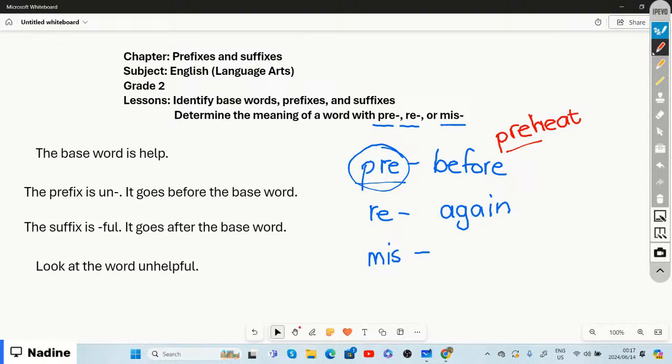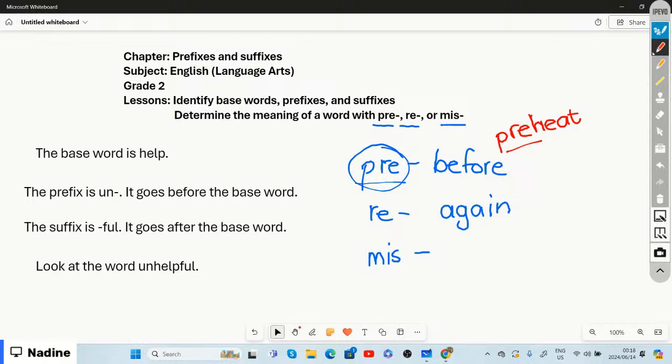Not necessarily that you will eat before you work, but it means that you will heat up something before you either eat it or make it, right? Usually when you're about to bake, they'll tell you to preheat the oven. Preheat the oven means that you need to heat the oven before putting in the dish with the raw materials in,